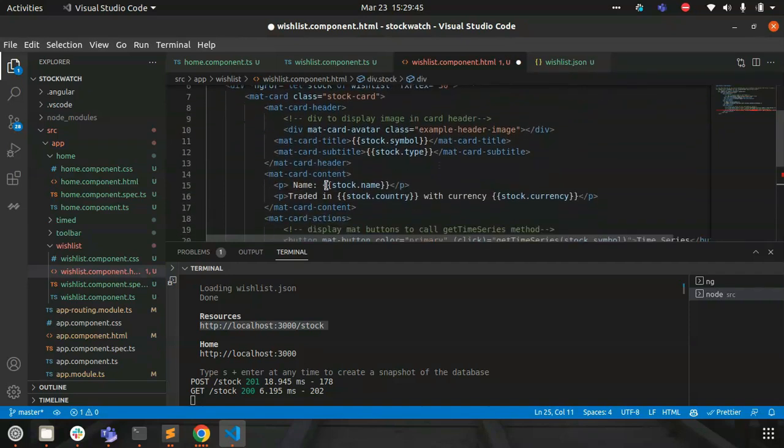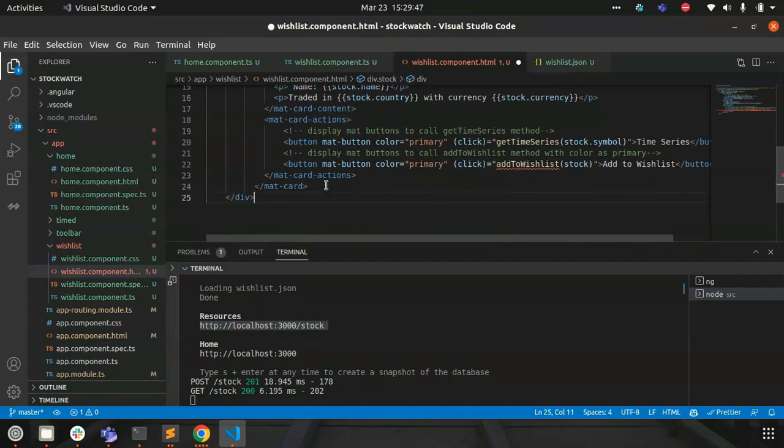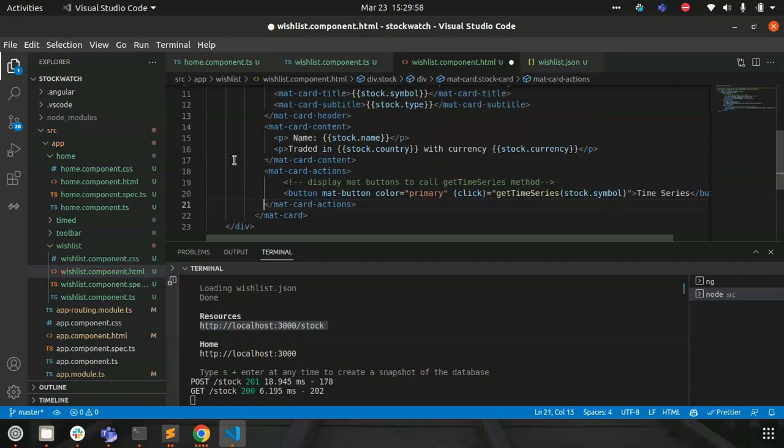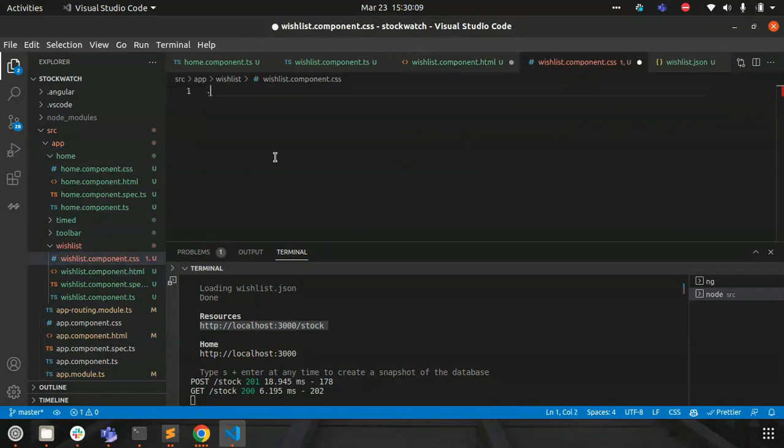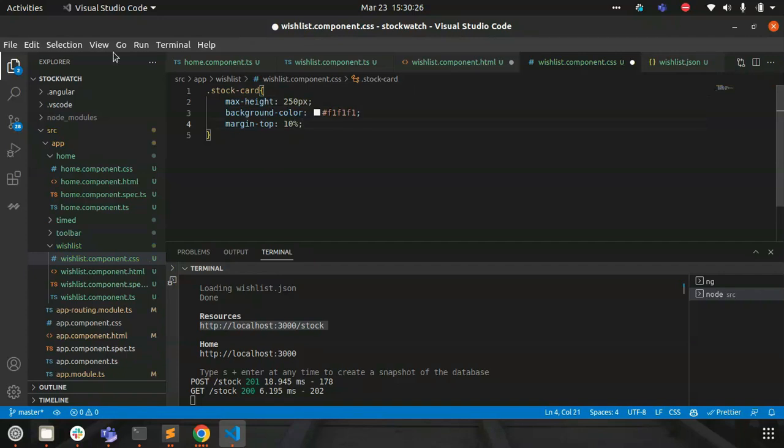So again, there is nothing much to be changed here. I think we should remove this because we are already in the wishlist. So this button is not required anymore. I'll just remove this. Other than this, I think there's nothing to be changed. Okay, there is a class called stock card. So I'll just copy this, go to the CSS file and add this. It's already giving the suggestion based on the comment that I have given in the other CSS file. Since I'm using the same CSS for all the cards, it is giving the same suggestion. So I'll just save all